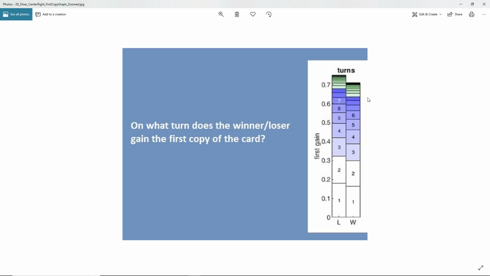You can just glance at this chart. This is an exception to the order rule. You might want to glance at this chart briefly to see, does the winner gain the card more than the loser, or vice versa? The height of this bar will tell you that data. And it will also tell you on what turn, on average, you can say in what percent of games